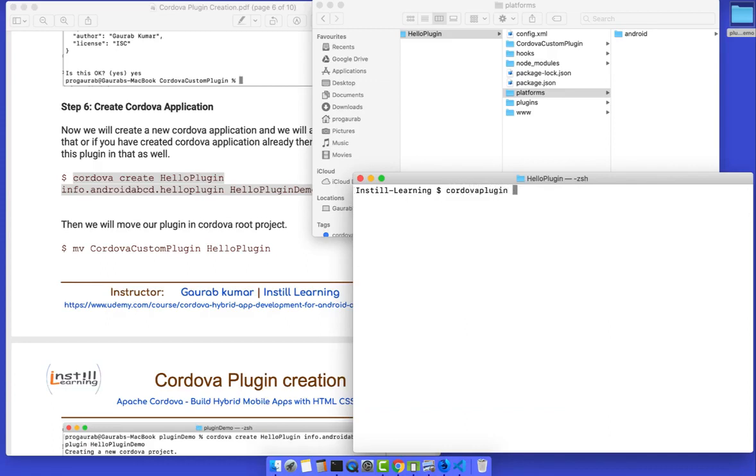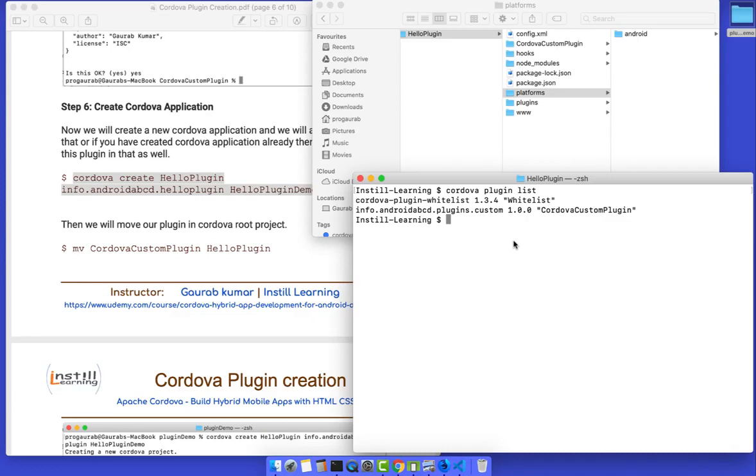Cordova plugin list. So here you can see now we have two plugins. One is whitelist, installed by default at that time, and now another is Cordova custom plugin. Okay, so we have successfully installed the plugin as well.